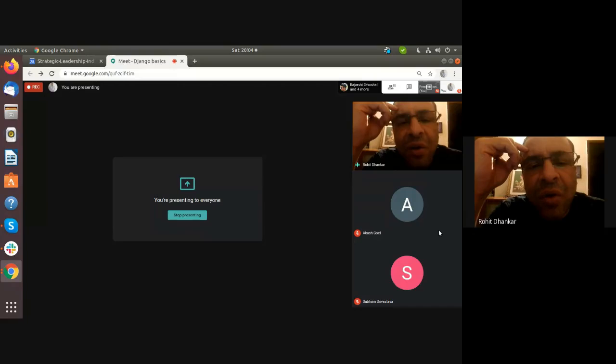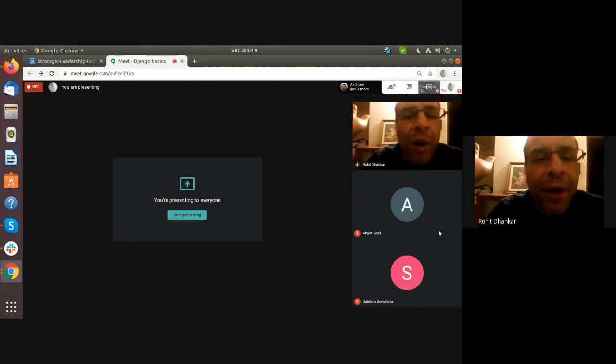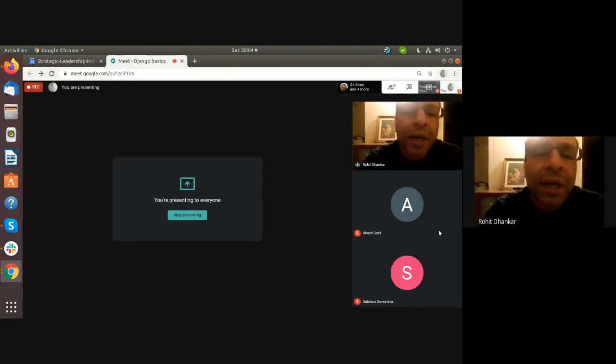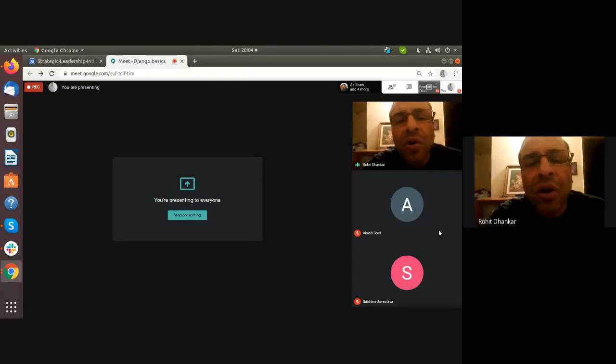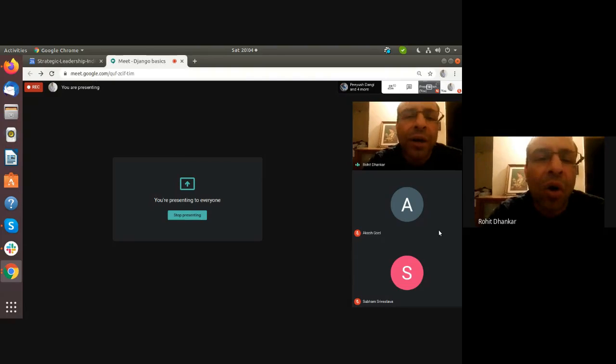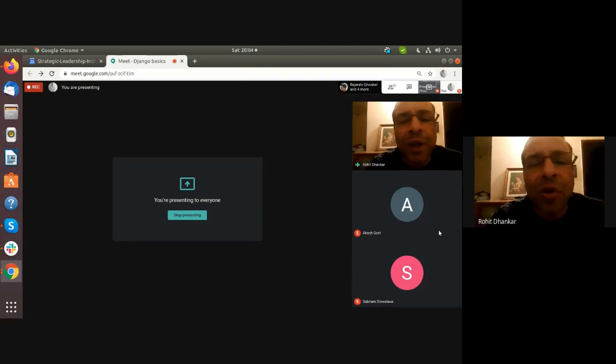Then for your development part of it, when you're running it on your local machine, you should be able to run your Django app and Django project in such a way that the internet is not required. If you disconnect from the internet and your Django project still runs on your local system, then it's considered to be a good project.